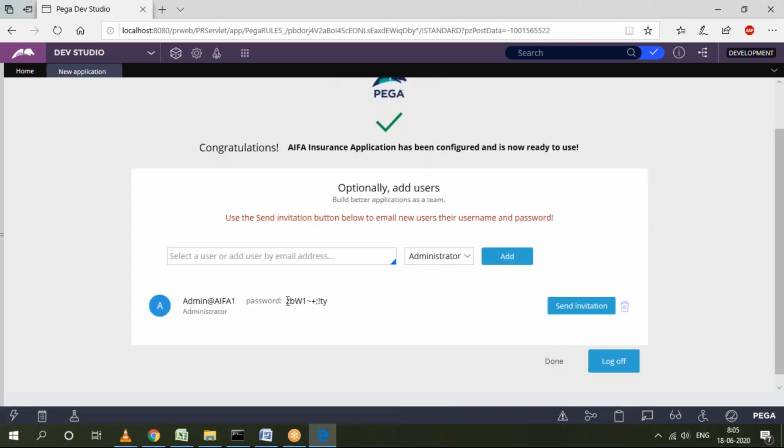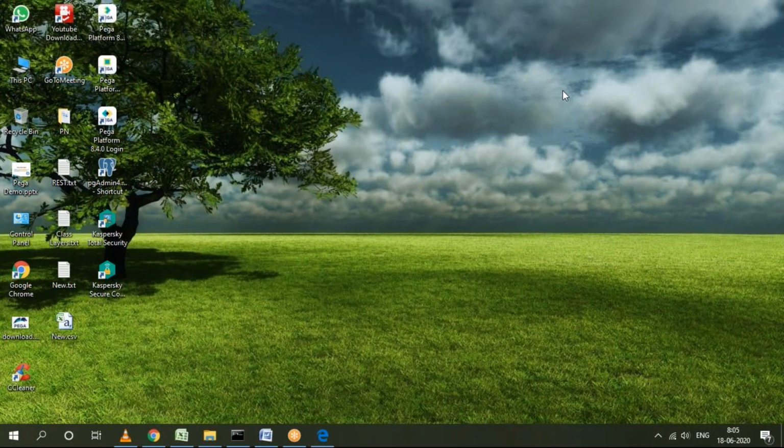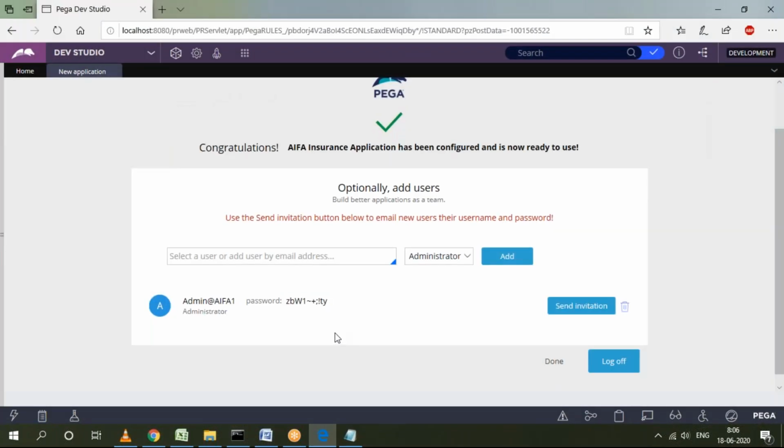So immediately once you generate this password, the Pega server generates it automatically, so note it somewhere in Notepad or a document, because if you want to log into the application, this is the password we need to use. If you close the screen without noting it, you cannot retrieve it again.